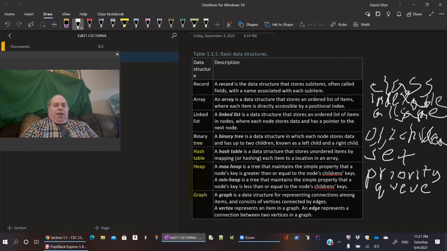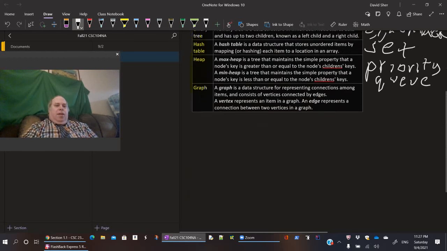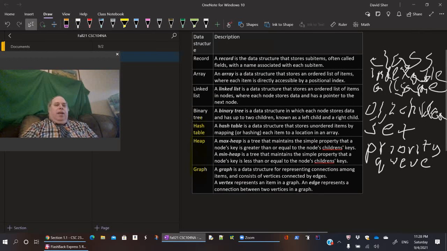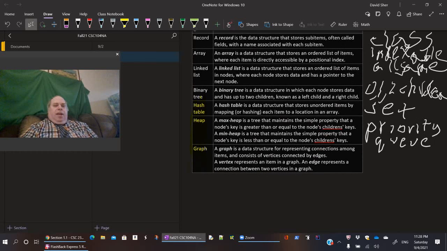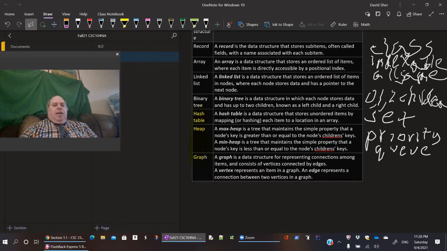And a graph is actually a little beyond what we're going to do. We're going to just touch on what a graph does. A graph is a fairly general data structure that can store data that's arbitrarily related to each other. So these are some of the most basic data structures. And the reason why is that we're not only interested in how we build some of these out of others, but also in recognizing some of these data structures